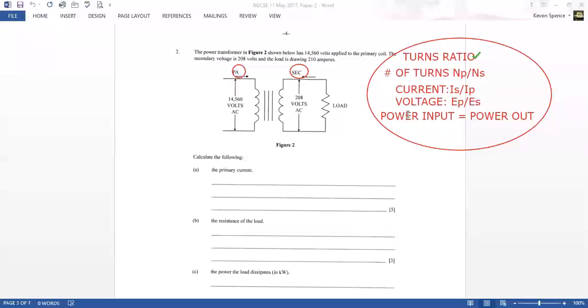All right, now the power input equals the power output. If you have the power and the current or the voltage, you can